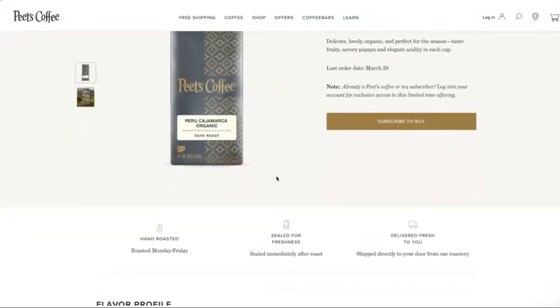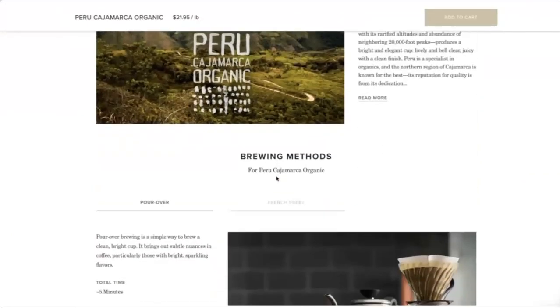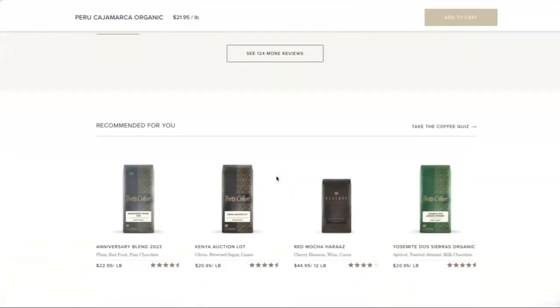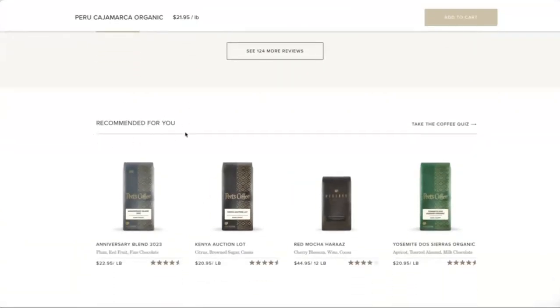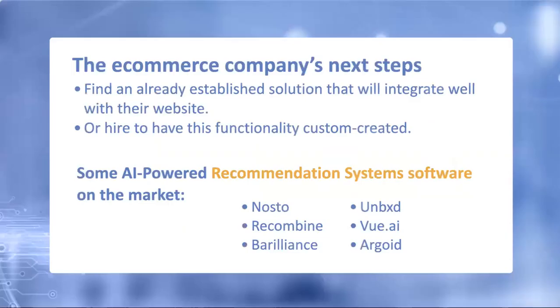You want that one. You're looking through the normal things, right? And then you get to the bottom, and they say, oh, recommended for you. And so this is what that system is. And for my client, it's not so much this recommended for you. It's like, oh, you're buying that? Well, you also need this too, maybe. So it's one of those suggestible type of things. So that's what we're talking about.